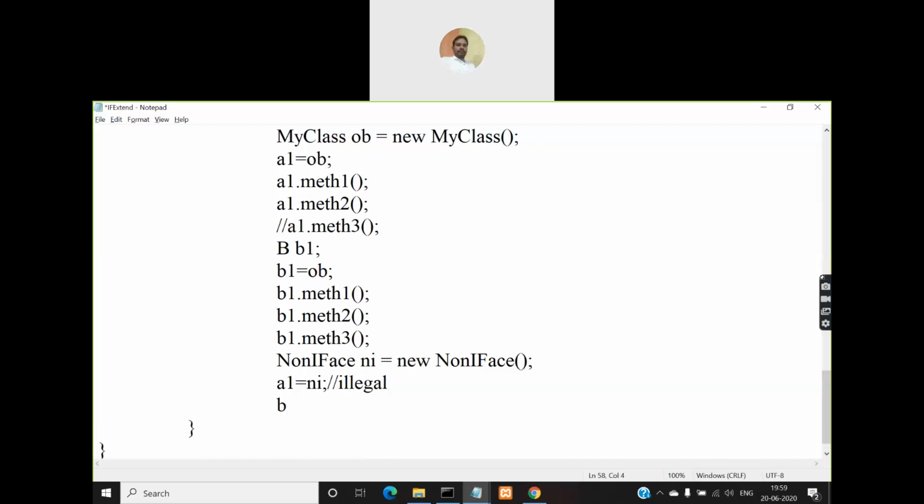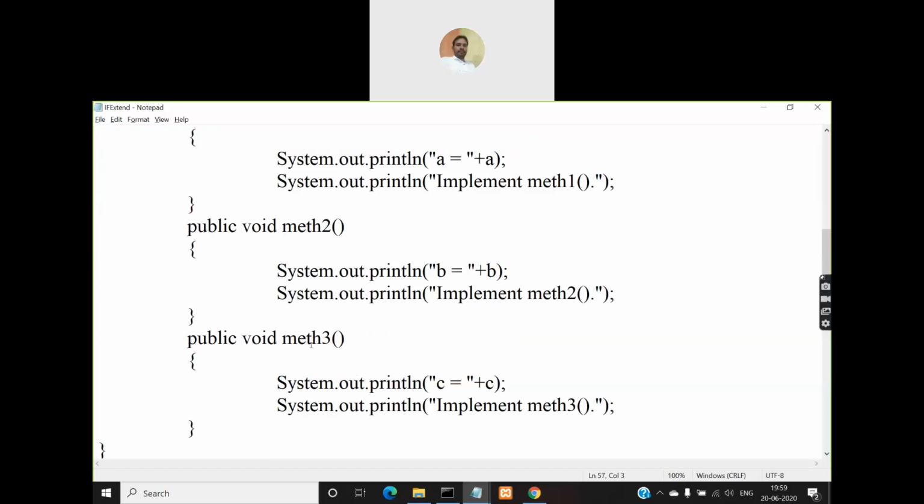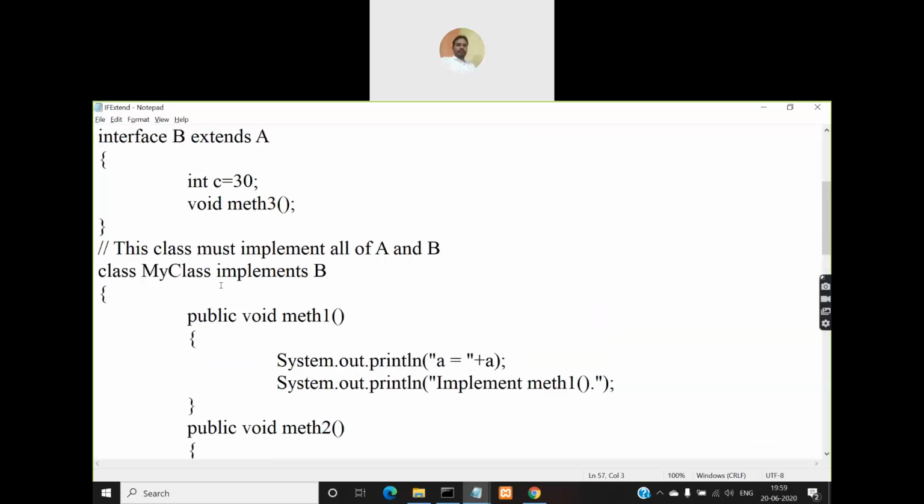Similarly, if I try to assign it to b1 also, this is also illegal. You cannot do this. Why? Because you're assigning the object of the class non-iface, which is not implementing either of these two interfaces A and B.